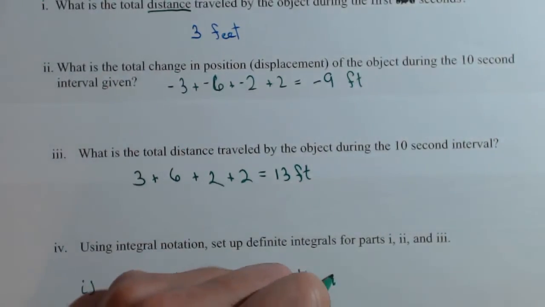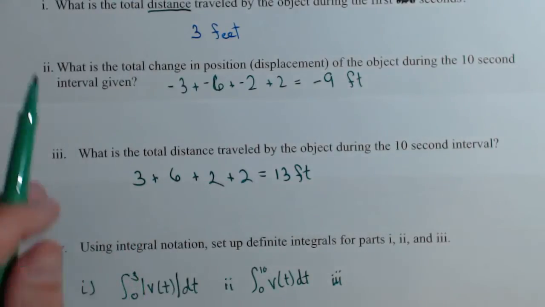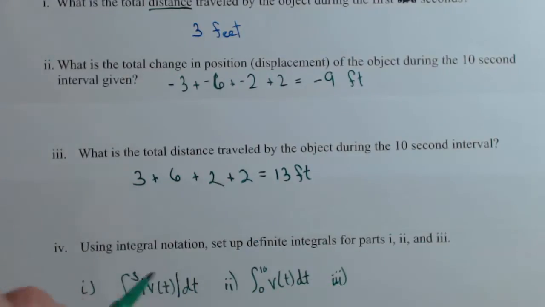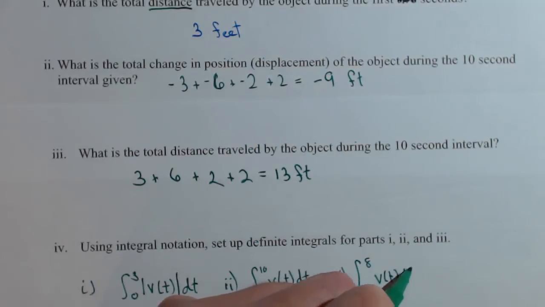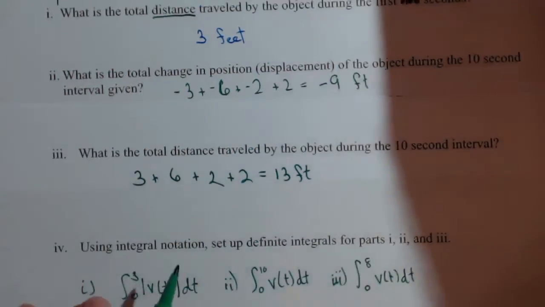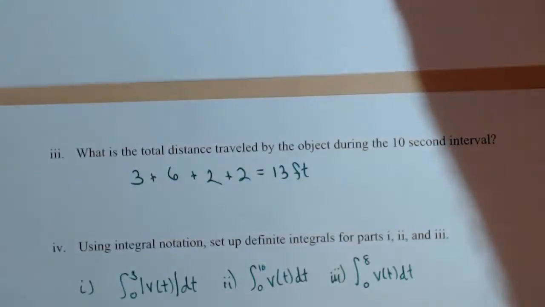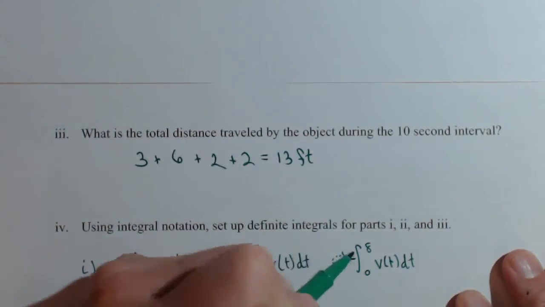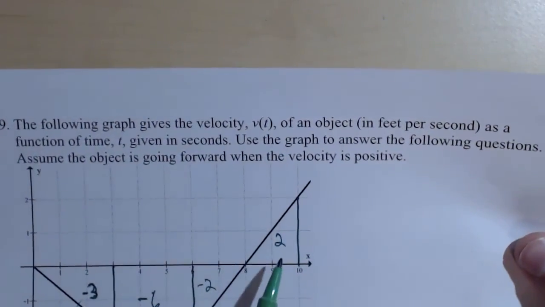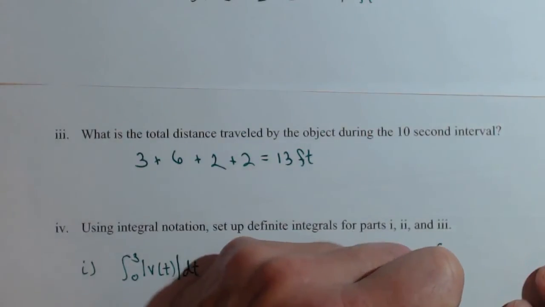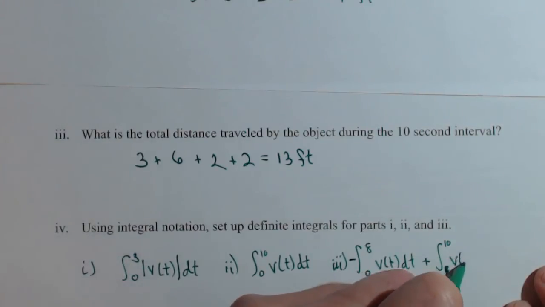Now the third one, because we had to make any part that was underneath positive, there's a couple different ways we could write this up. One is we could do the integral from 0 to 8 of v of t dt, and because we know that's below the x-axis, let me refer back to my graph so you guys can see it. Because we know it's below the x-axis, we need to make that positive. We do so by putting a negative sign out front. Now, from 8 to 10, it was already above the x-axis. We don't need to change anything. So we could do 8 to 10 of v of t